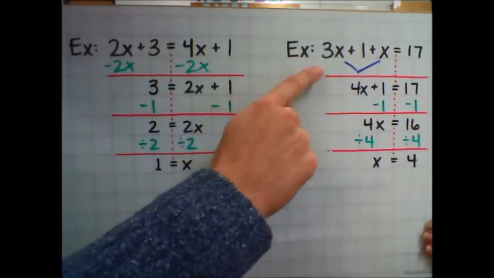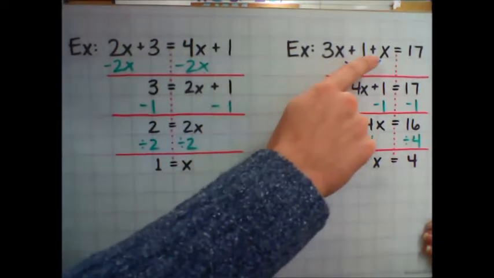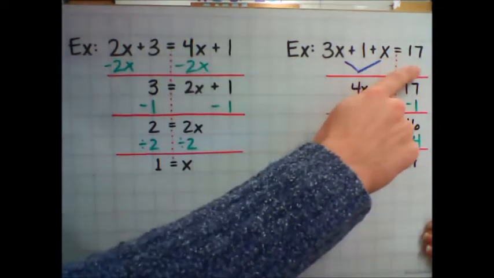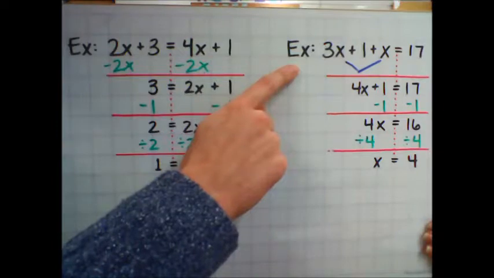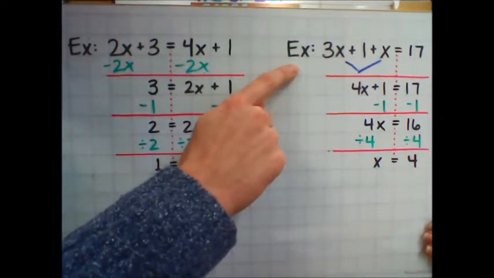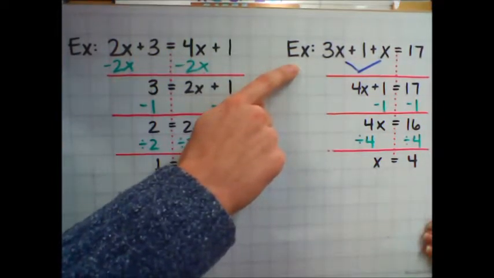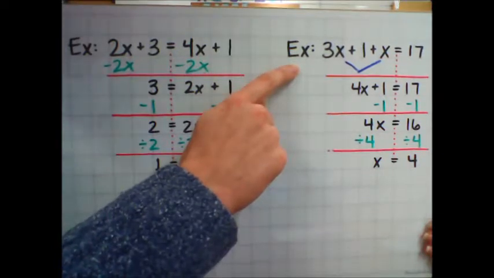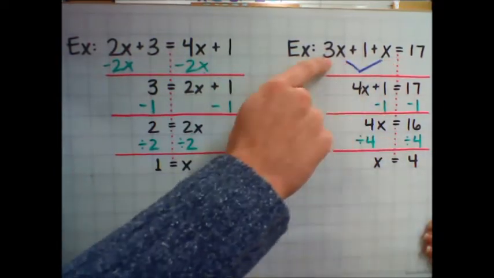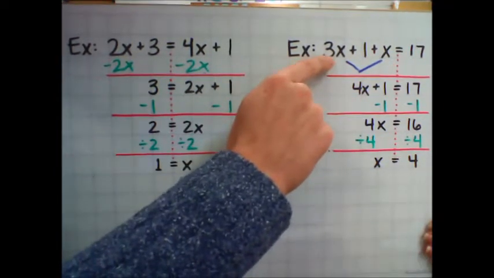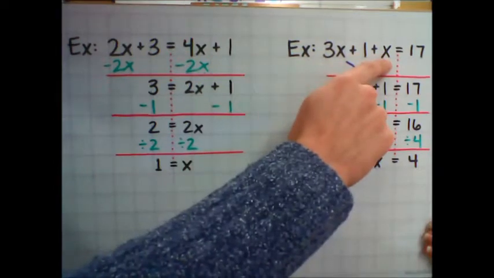In our next example, we have 3x plus 1 plus x equals 17. Step 1, simplify. I need to simplify because I need to combine my like terms. Like meaning common terms. So I need to combine these x's that are on the same side. 3x plus x